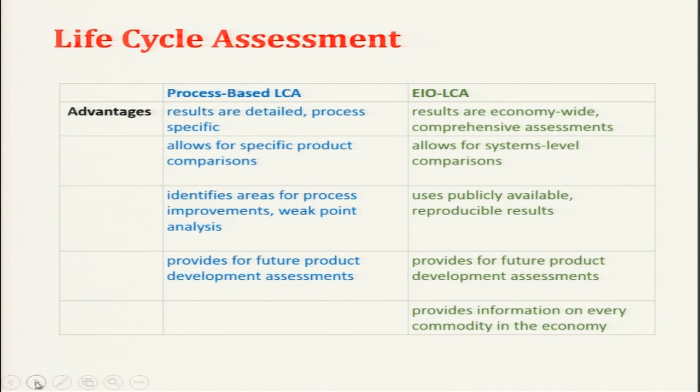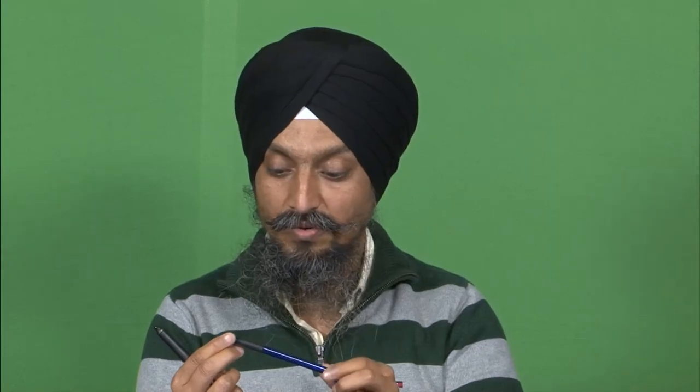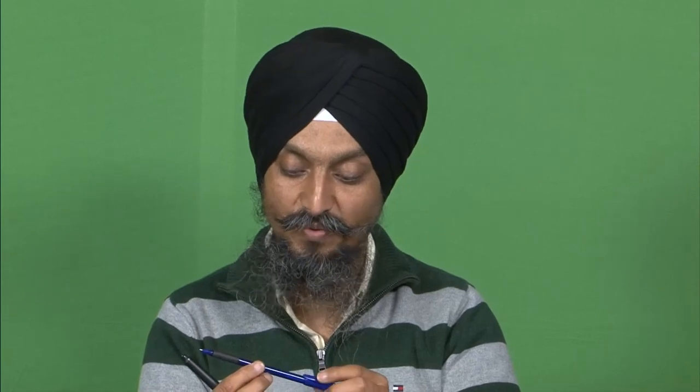Process based is when we are talking about a specific product, specific process, like manufacturing of this pen. What are the various components of the pen? Plastic, rubber, metal. These are only three materials. Then ink, yes, the fourth material is there, a fluid. Then this is the manufacturing of the pen. What are the various industrial sectors? Those are considered in EIO LCA. I am actually talking about process based LCA. In process based LCA, we'll see what the energy consumption is, what pollution is produced while manufacturing, etc. That we'll discuss when we see the GaBi software.